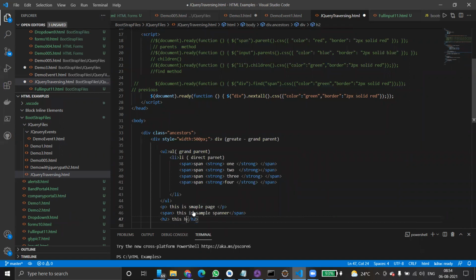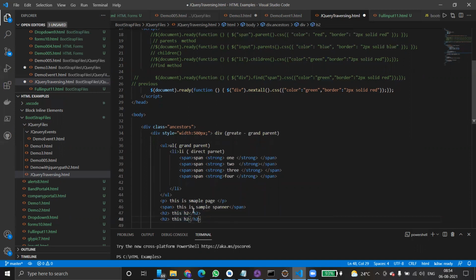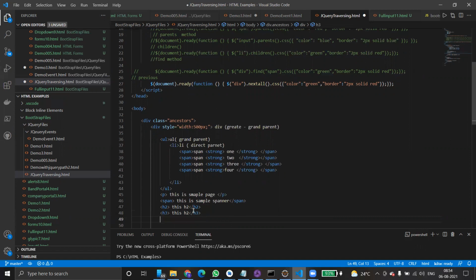This is H2. This is H3. Okay, and then page. There is another page. This is the end of page.